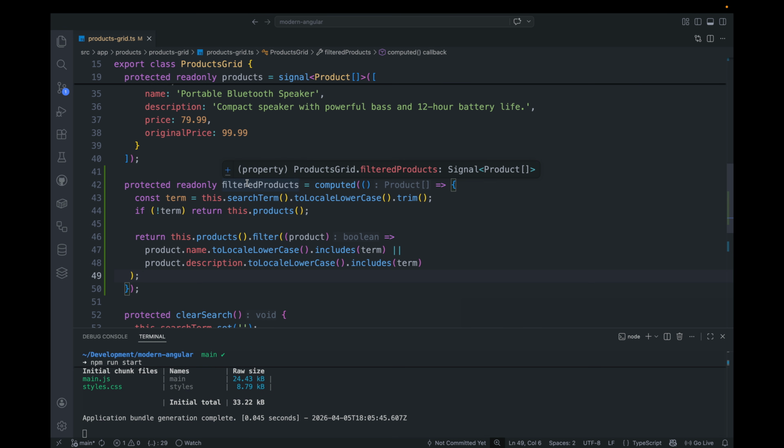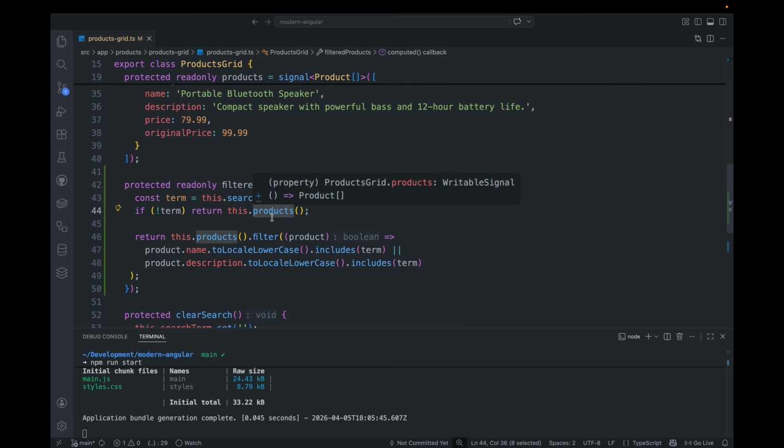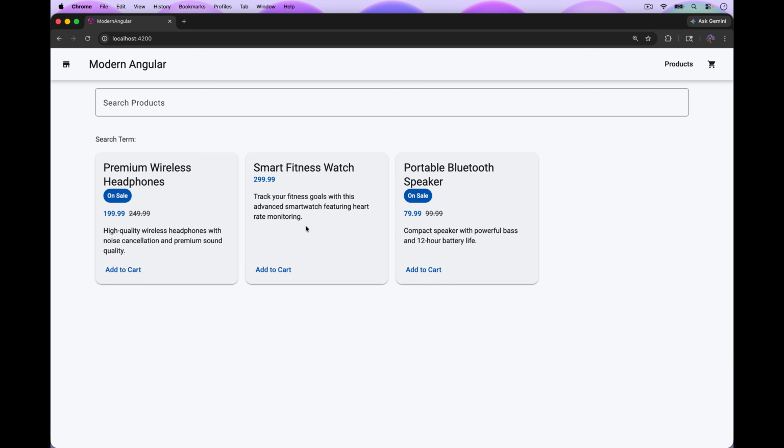So filteredProducts is a computed or calculated state. It's going to read both from the search term and the products signal, and then it recomputes automatically when either one changes. So now if we go back to the browser and I search for headphones, nothing is happening